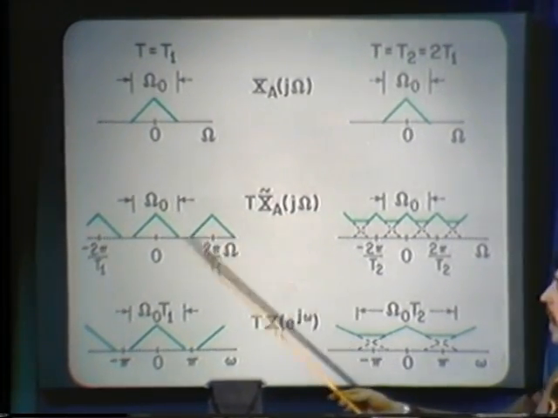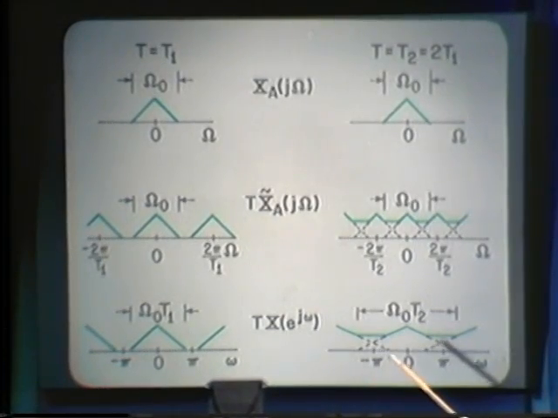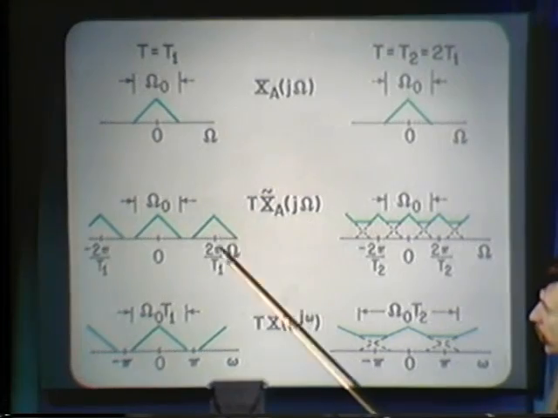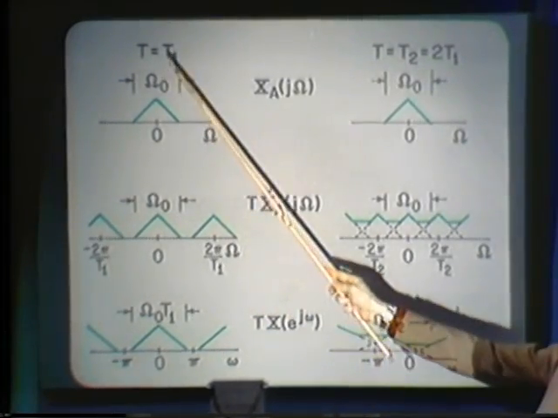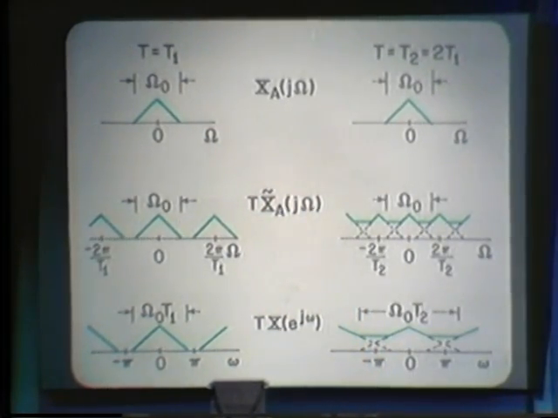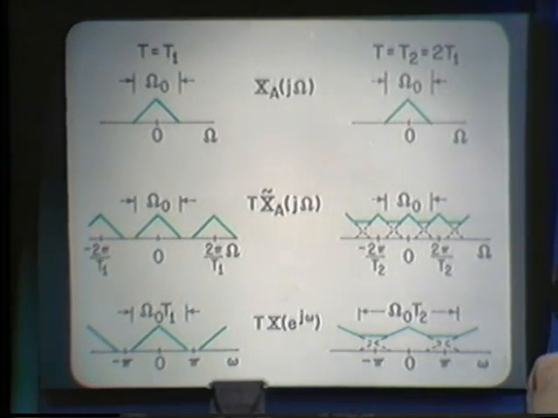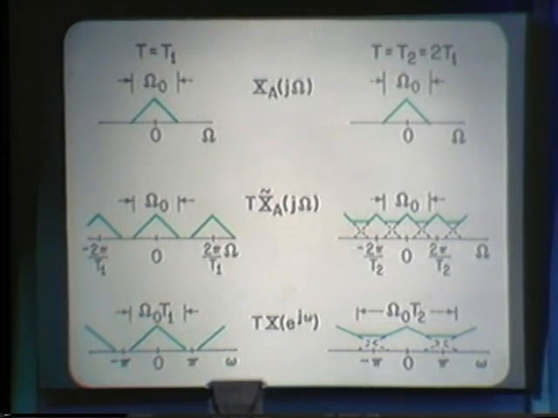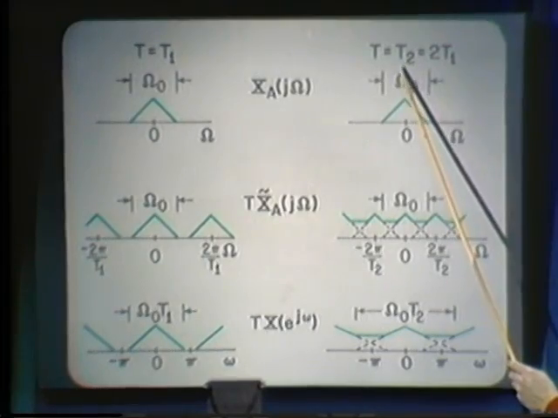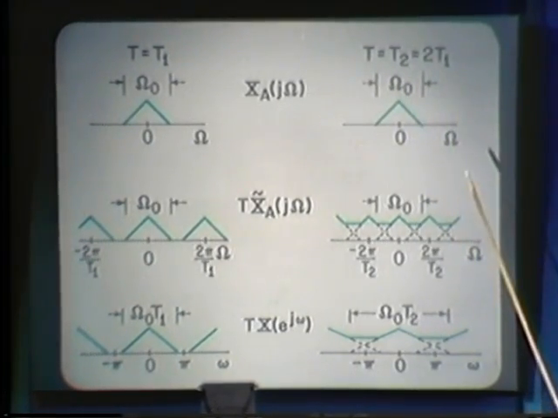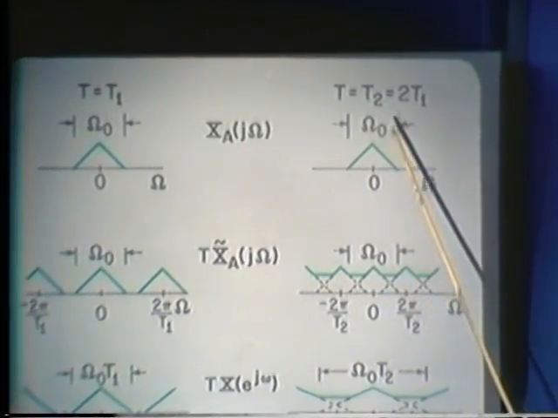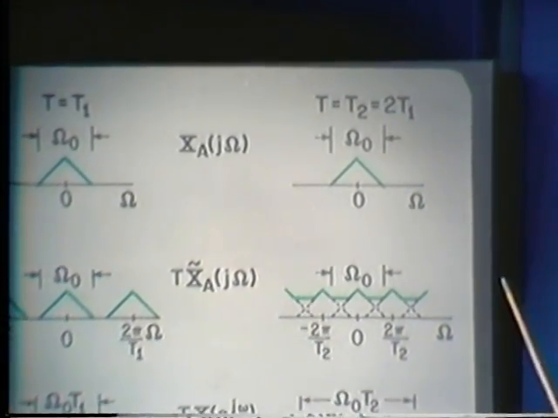We'd have an interaction, and the relationship between when that interaction occurs and capital T is the basis for the well-known theorem that you're familiar with, namely the sampling theorem. Well, to illustrate that, if we had a different sampling period, say twice the one we have over here, so that capital T2 is equal to 2 times capital T1,